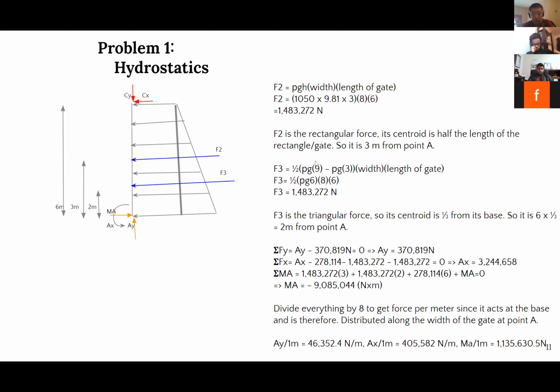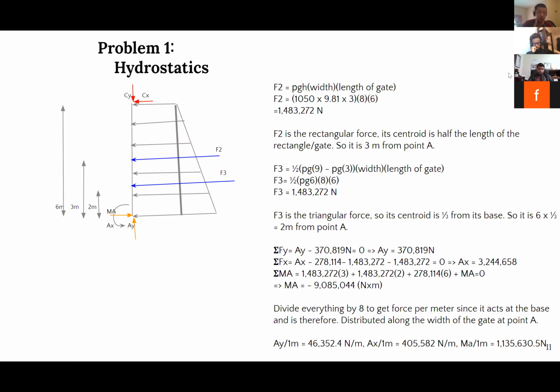Now that we have all the distances and all the forces, we can start using our equations of equilibrium to solve for AY, AX, and MA. Solving for AY first, there are only two forces in the Y direction, AY and CY. Summing them, AY is equal to CY, which means AY is equal to 370,819 newtons. To solve for AX, we sum up F2, F3, and CX, and that is equal to AX, meaning AX is roughly